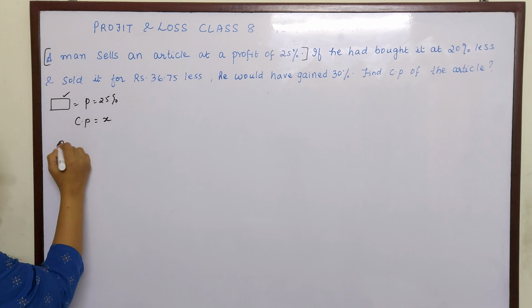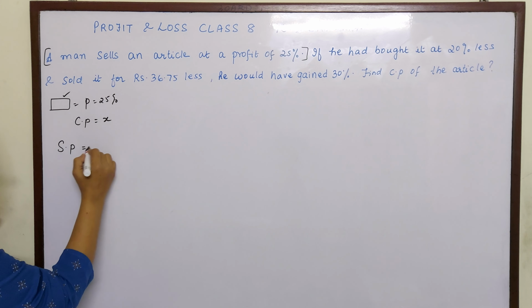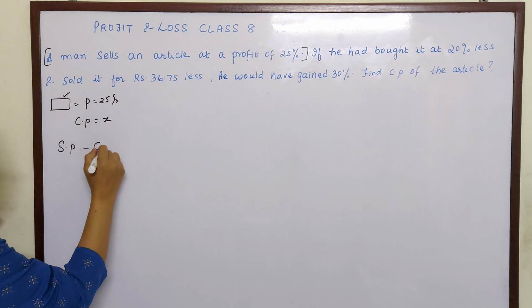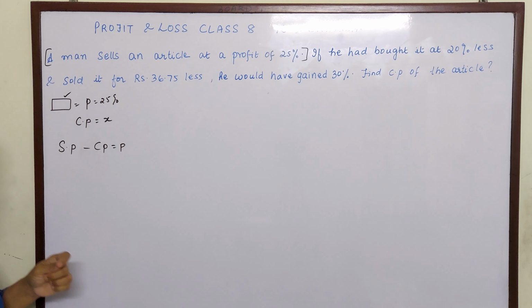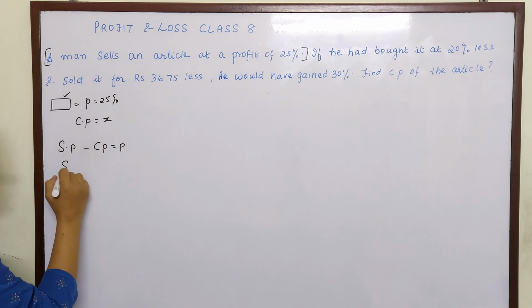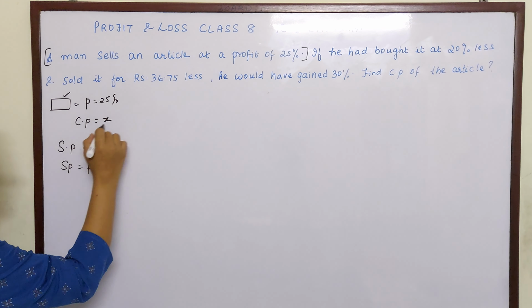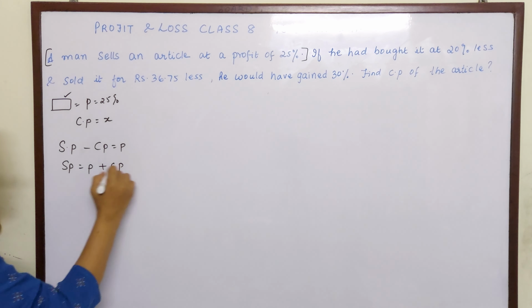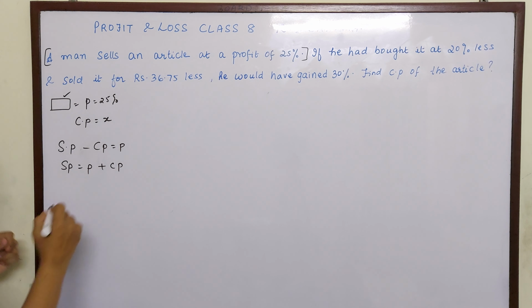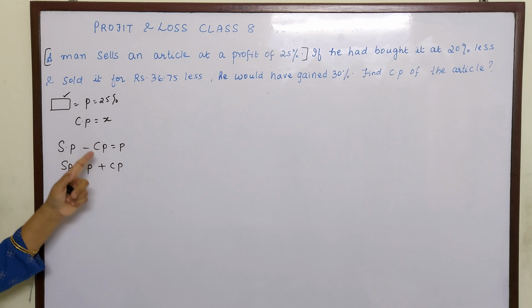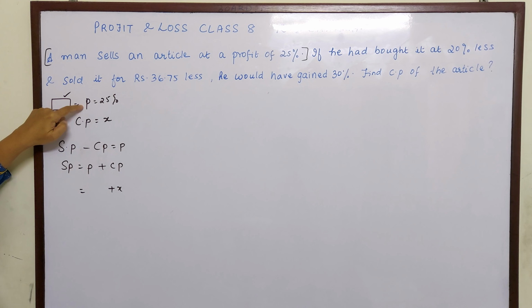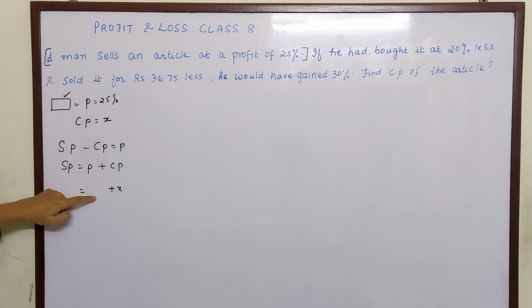What is the formula for finding selling price, children? Actually, selling price minus cost price is equal to profit. This is what we have learned, because in profit, selling price is always greater. So if I want to find selling price, then SP minus CP, when it goes there, it will become plus CP. So we know selling price is profit plus cost price. What is profit? We have to find out, and we know what is cost price. So with the help of profit percentage, we will find out what is profit.